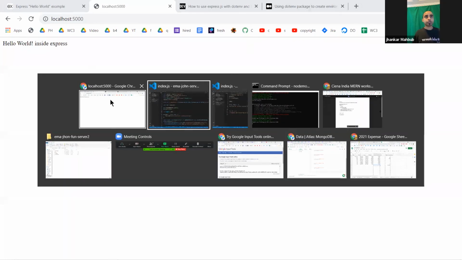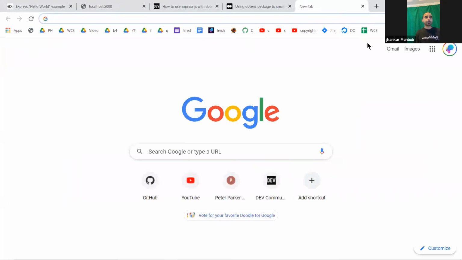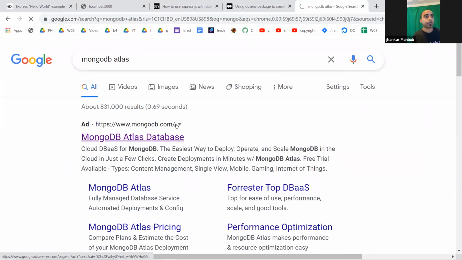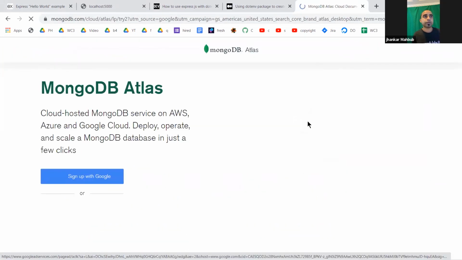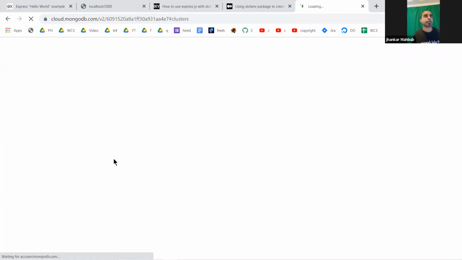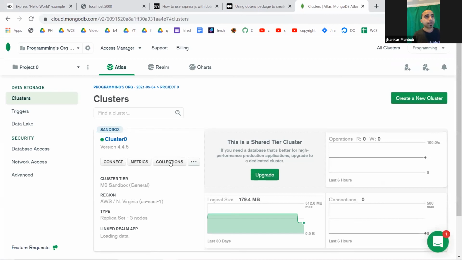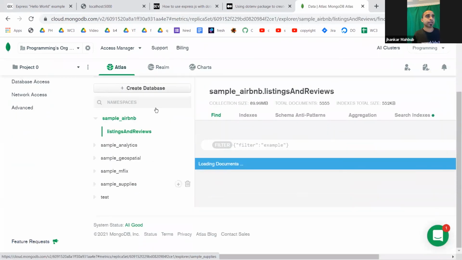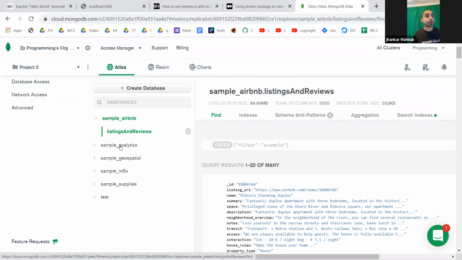Since we installed Mongo, we go right away to MongoDB. If you go to MongoDB Atlas, which we used last time, and you are not signed in, it will ask you to sign in. Once you sign in, it takes you right to all the databases or clusters you had. Here is your connection, and these are the collections if you need to use anything. If you don't want to use anything, you can definitely delete it.